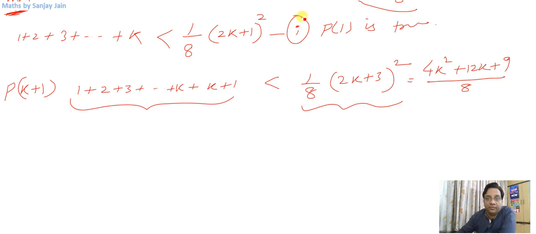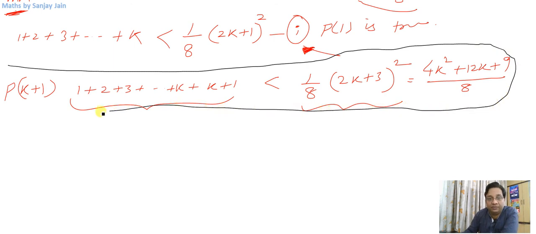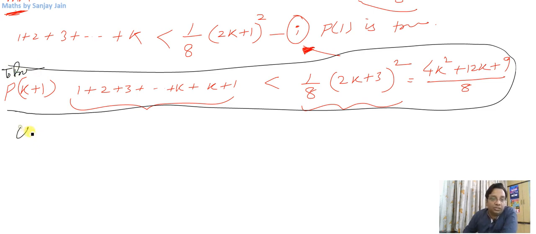I will use this first equation to do that, right? So in the first equation, using 1, this is something that you are looking for, okay? This is not true yet, okay? We will prove it to be true. So I can write, to prove, now using 1, I can write this much part, or you can also say that in inequality number 1 I am adding k plus 1 on both sides.